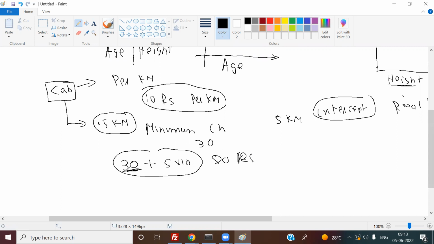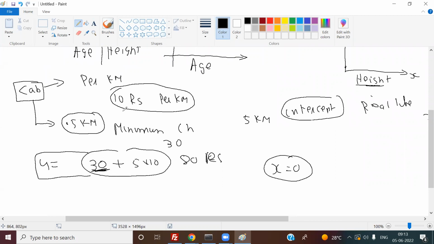अब समझ में आ रहा है C क्या है? So even when X is 0, there is some output coming. And that is captured using your C. So that is the concept of your intercept. Another thing is,